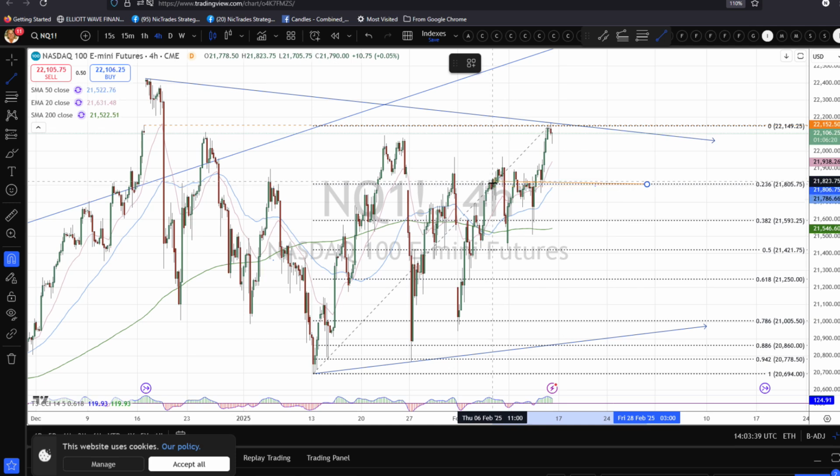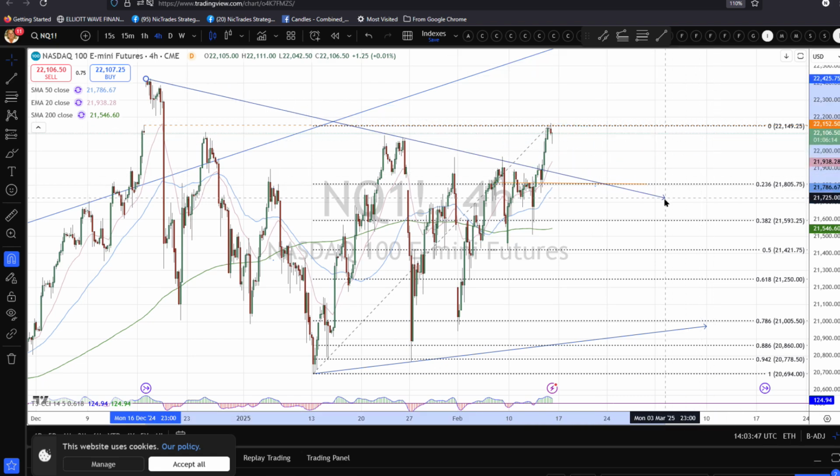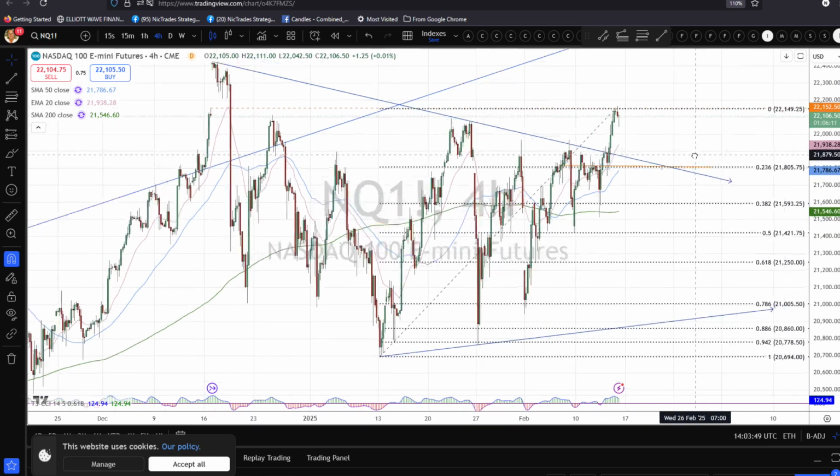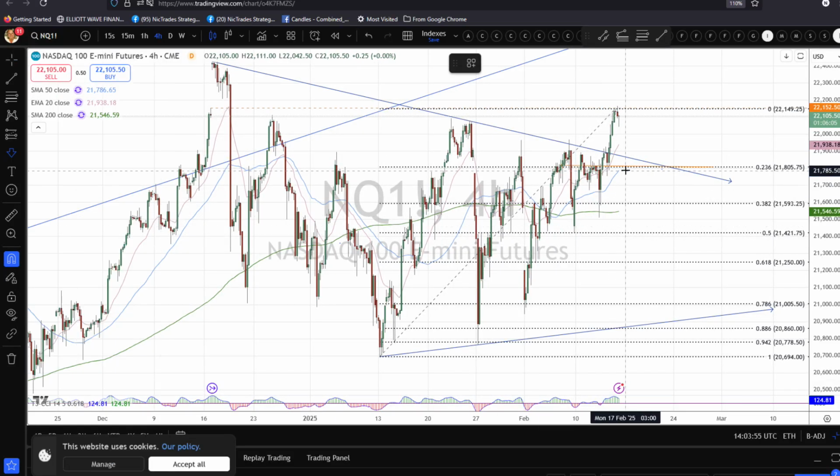As long as we stay above here, we're still going higher. And this may be just consolidation, which is very common at those equal measured move levels. And back underneath that 236 fib level, we could argue would be bearish. So back underneath, as long as we hold above